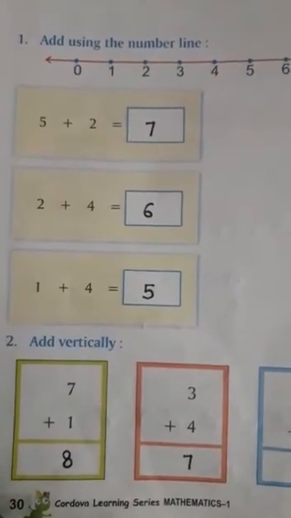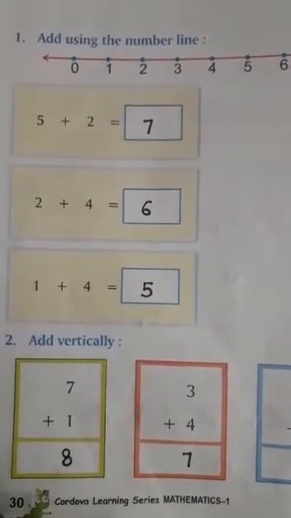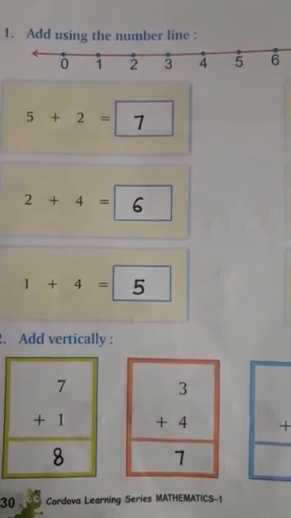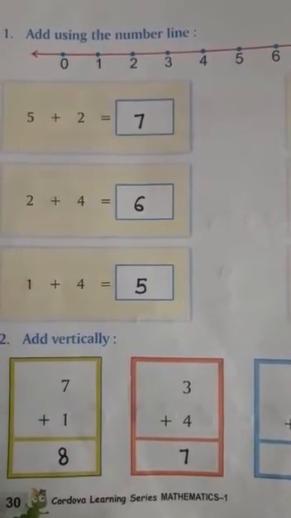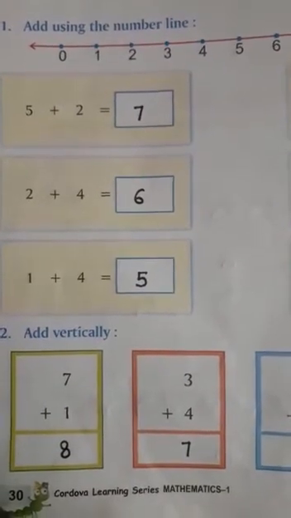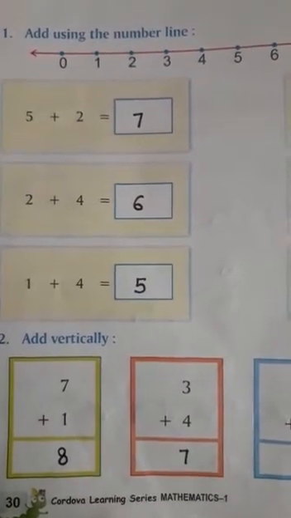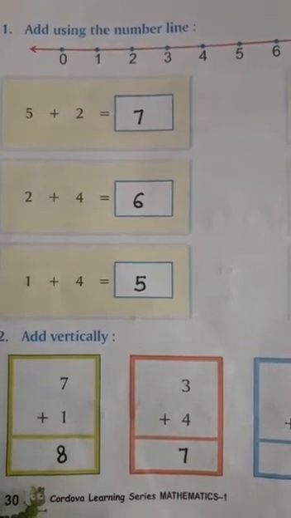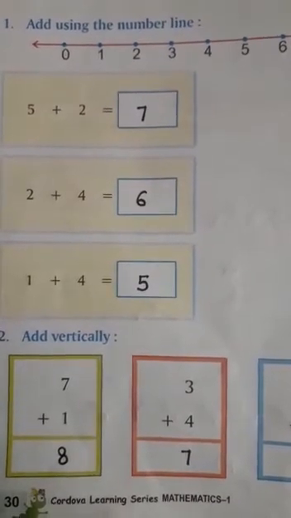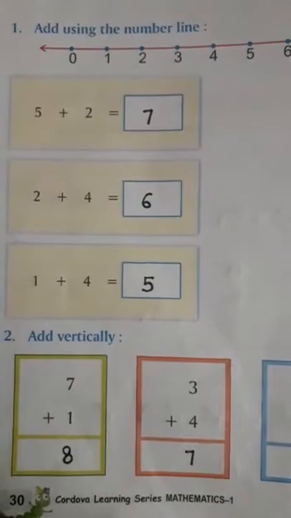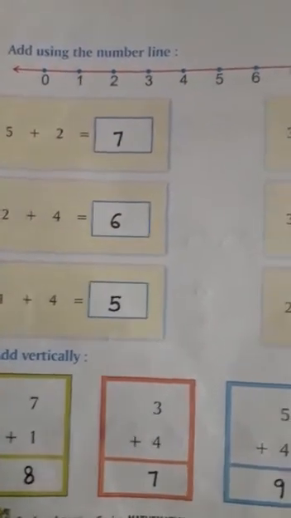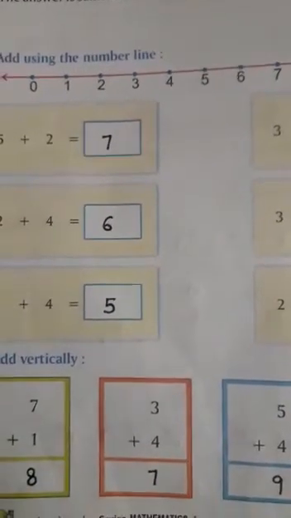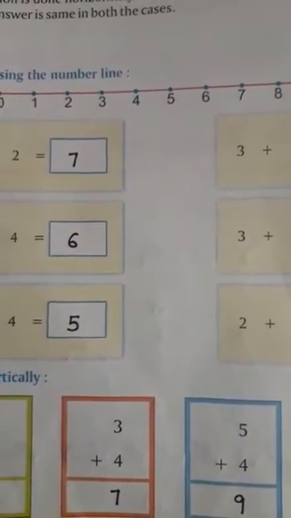Vertically also we can do the same, but only the method of writing is different: one number is at the top and another is under that, at its bottom. Like 7 we will write at the top and the next number will be written at the bottom. And we will start doing this vertically. Like first jump is from 0 to 7 and one more, 7 to 8. So the answer is 8.